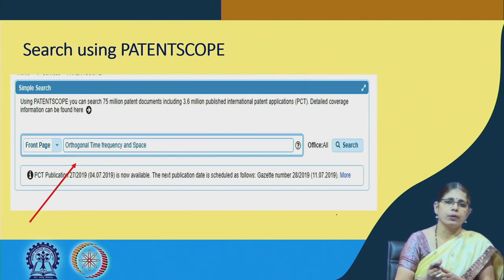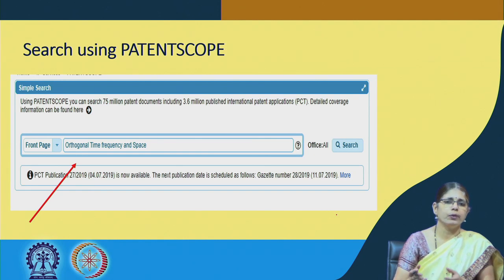If you look at using this particular area for preparing a landscape, one can utilize PatentScope, which is a free database available at the WIPO site. And in order to look at the relevance of this area, one needs to look at beginning with the keyword or the IPC or the combination of both.